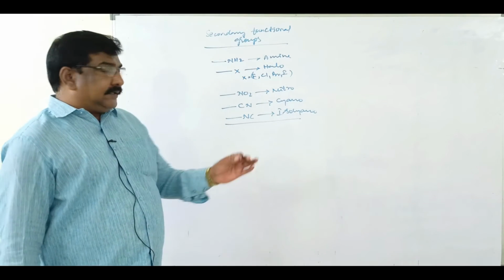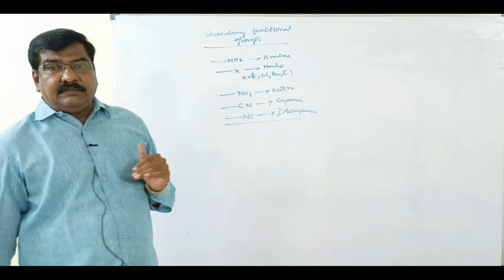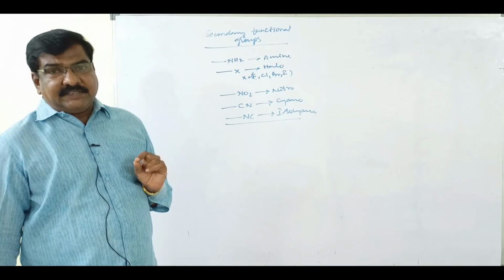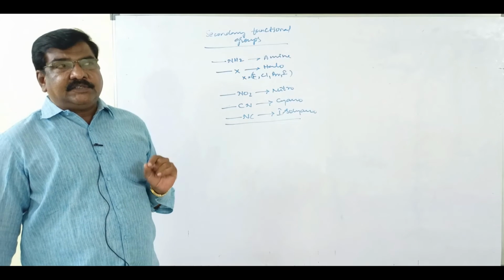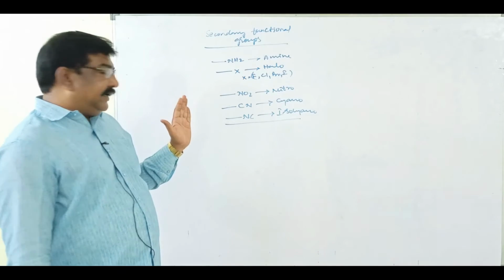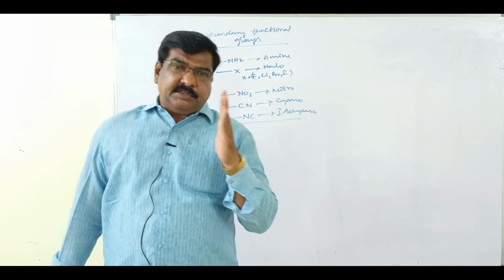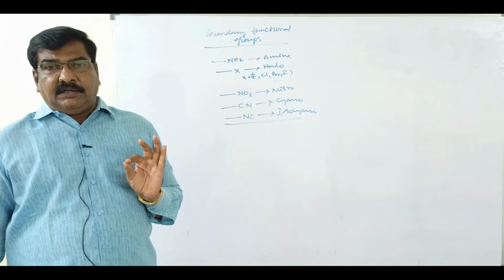If there are secondary functional groups more than one, suppose there are 2 chlorines, you should use the prefix di, dichloro. If 3 bromines are there, tribromo. Priority is always given to principal functional groups. These are written only in alphabetical order.